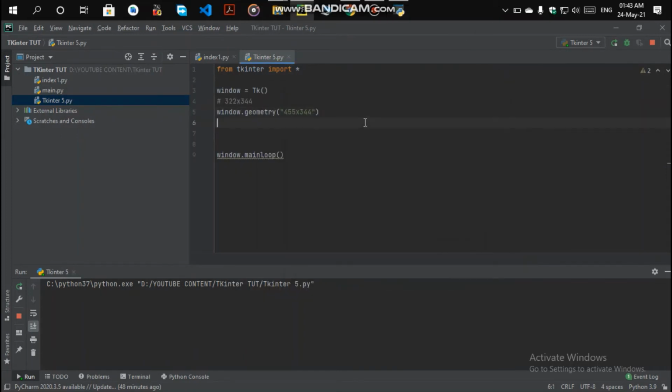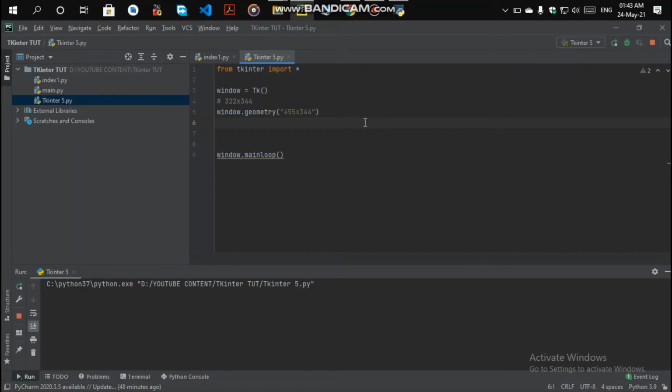So coming to the next topic, we have covered the geometry and the size of your window. Coming to resize, sometimes you don't want to resize your window. While you are installing PyCharm, you have seen an installing configuration window, and you cannot resize that window. Why? Because sometimes you need a window which cannot be resized by anyone. So this type of convention can be made using resizable.